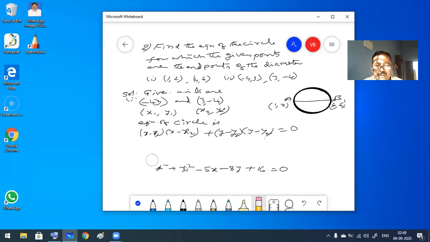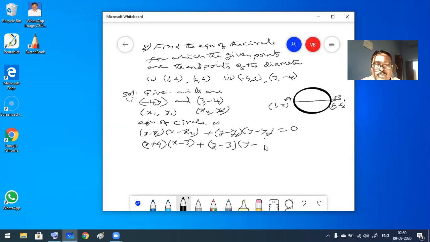The next question. So substituting the given points in the formula equation. Okay, x minus x1. So this is x minus x1, minus of minus 4, so this is x plus 4, into x minus x2. x2 is my 3, so this is x minus 3, plus y minus y1 is minus 3, and y minus y2, y2 is minus 4, so that is plus 4